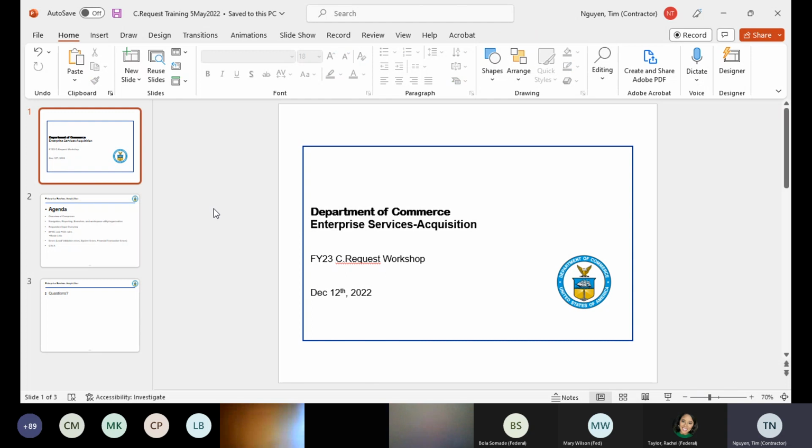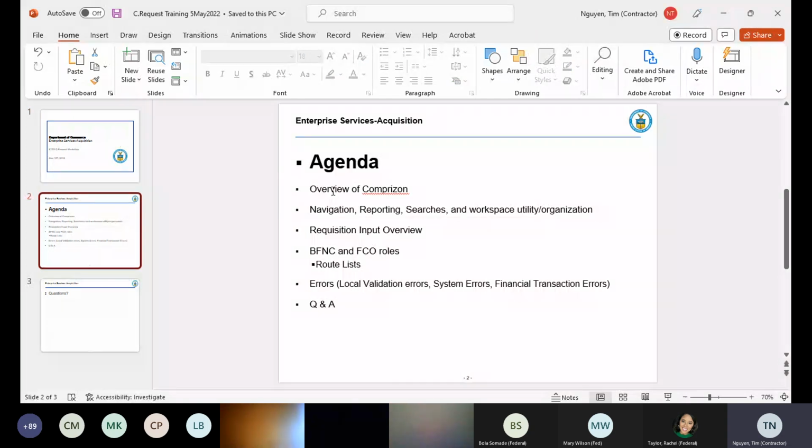Today's workshop is going to be a brief overview of Comprizon, just the basic work screen, navigation, reporting searches, workspace utility and organization. We're going to cover some basics for inputting your requisition into C.Request. We're going to talk about creating CLINs, accounting codes. We're going to talk about the process for de-obligations, realignments, as well as